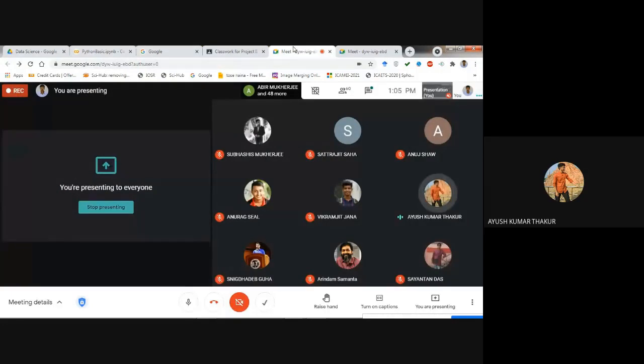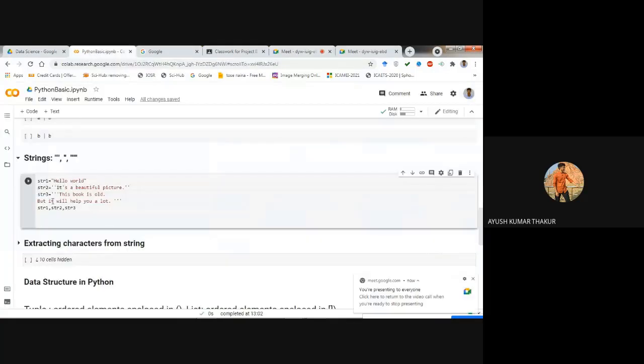Sir, in this example, we see that there is str1 is equal to hello world, and there is str2, which also has some value. Sir, if I say str1 equal to hello world, and then store another value in it, so that str value will be changed. In string 1, you have given one value.